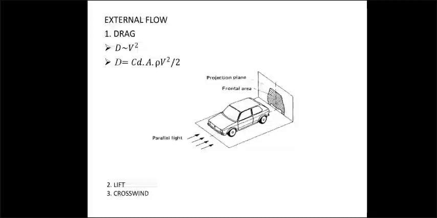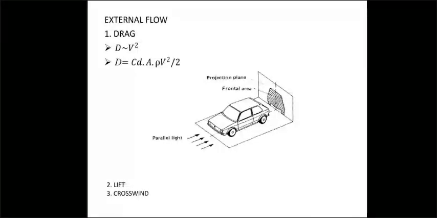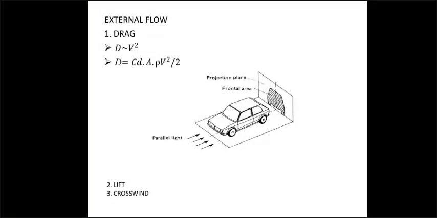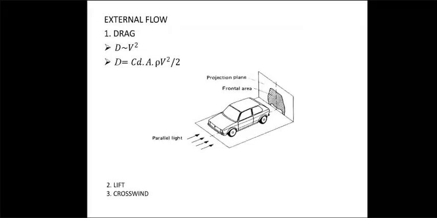Coefficient of drag. Yes, coefficient of drag, area, but what area? That is the projected frontal area, and the density of air or the fluid, because it may happen you may take some other fluid and test. So the density of the fluid and the speed of the vehicle. So this is how you are going to calculate the drag, and what is important is the coefficient of drag CD. So D equals CD rho A V square upon 2. This formula you have done in FM also for aerofoils.